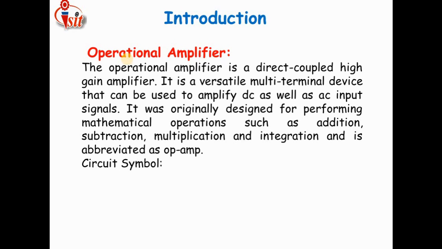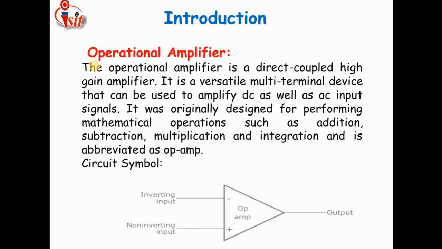Then what kind of operations are involved in that amplifier? Mathematical operations are performed in this amplifier, and also some conversions: current to voltage conversion, voltage to current conversion, analog to digital signal conversion, and digital to analog signal conversion. These kinds of conversions are related to this operational amplifier. But the division operation cannot be performed in this operational amplifier. This is the rare case. The rest of all the mathematical functions which we commonly use everywhere will be performed here.